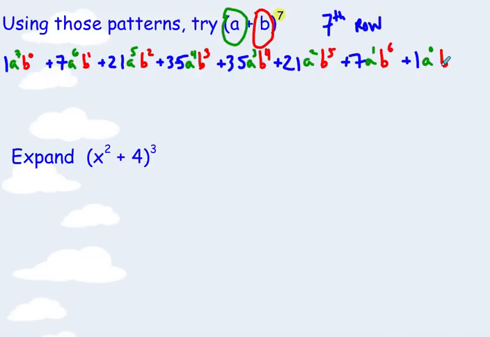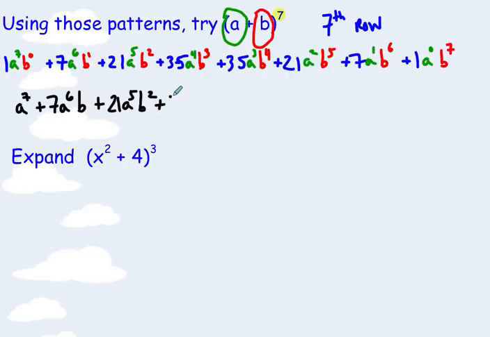Okay, so that really doesn't need any more simplifying. I mean, we technically would not need to write the b to the 0 or the a to the 0. So if I was going to write this, just slightly simplified, it would be a to the 7th plus 7a to the 6th b plus 21a to the 5th b squared